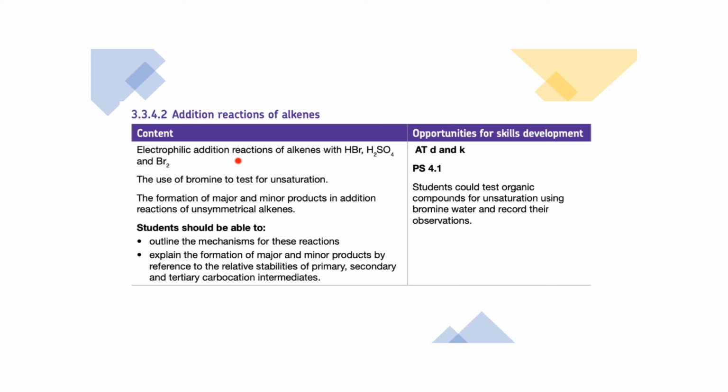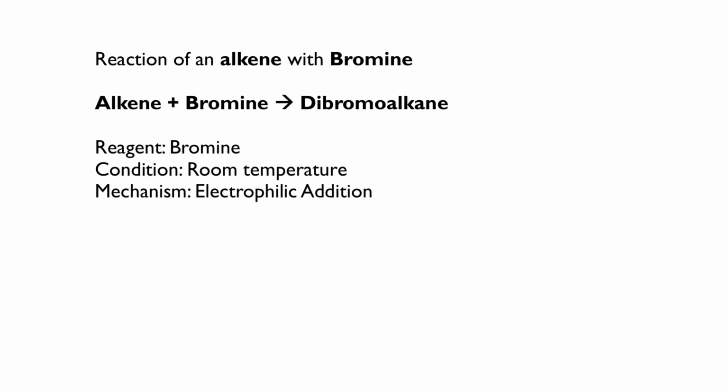So you need to know the electrophilic addition reactions of alkenes with HBr, H2SO4 and bromine, the use of bromine as a test for unsaturation, and the formation of major and minor products in addition reactions of unsymmetrical alkenes. So the first reaction we're going to look at is that of an alkene with bromine. So for example, we might have ethene reacting with bromine, which is Br2, and that will form a dihaloalkane,